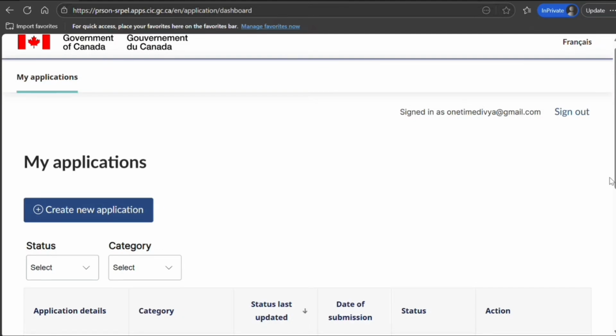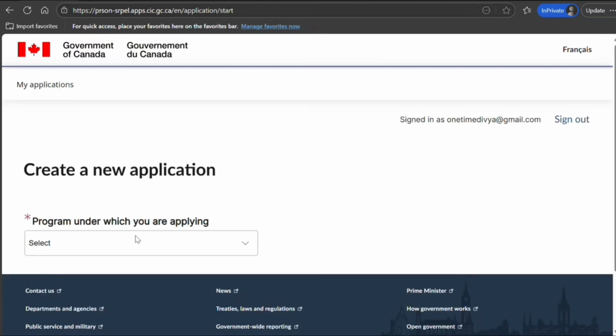Alright guys, so let's proceed. So let's say you are a permanent resident in Canada and you have lost your PR card. So what I have done, I have logged in to the PR portal. We'll begin from here. So I'll click on create. So see, we have one PR card renewal and PR travel document